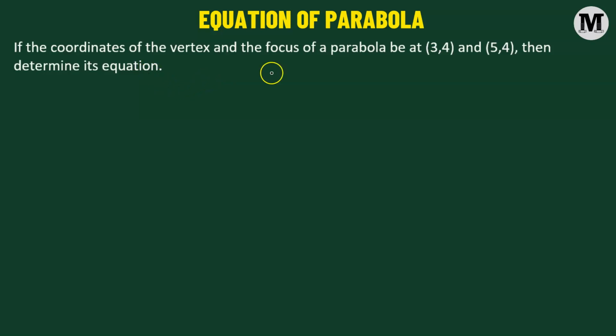If the coordinates of the vertex and the focus of a parabola are (3, 4) and (5, 4), then we need to determine the equation of this parabola. Let us begin. So here, we'll first consider a straight line, and on the straight line, we're going to consider